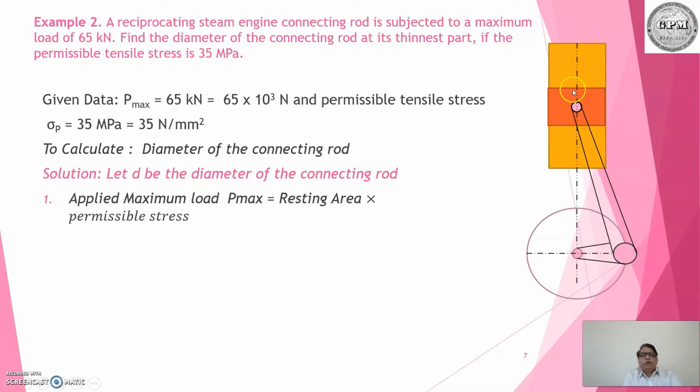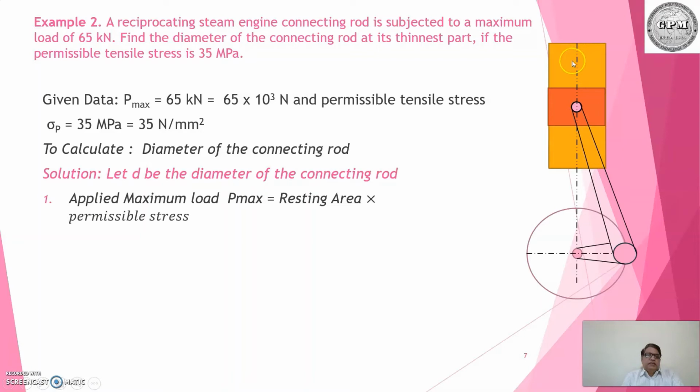This is a reciprocating steam engine, that means steam enters at this point, right? And because of this it moves in this direction. That means when this point is at the top dead center,